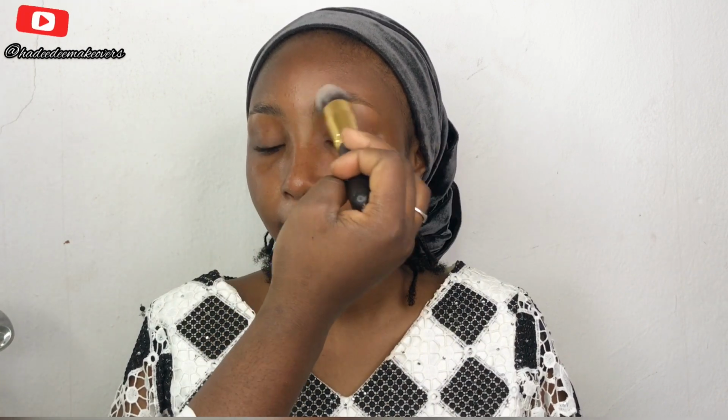As usual, I've already cleaned her face using the micellar water. You know, recently I've been moisturizing only. It's strictly hydrated skin for me. I just feel this works for me very well. As far as the skin is well hydrated and you're minimal with the foundation, then boom, your work is as